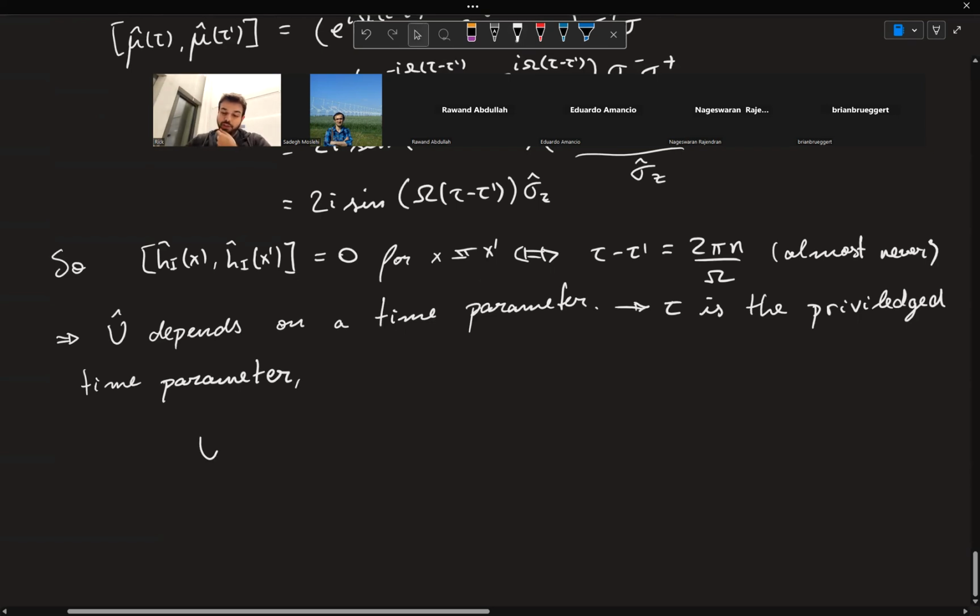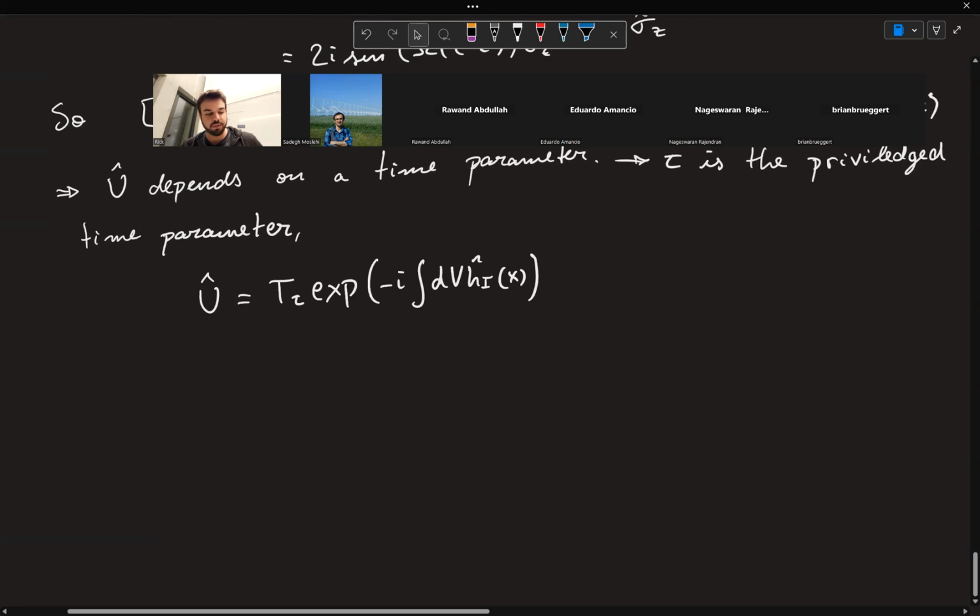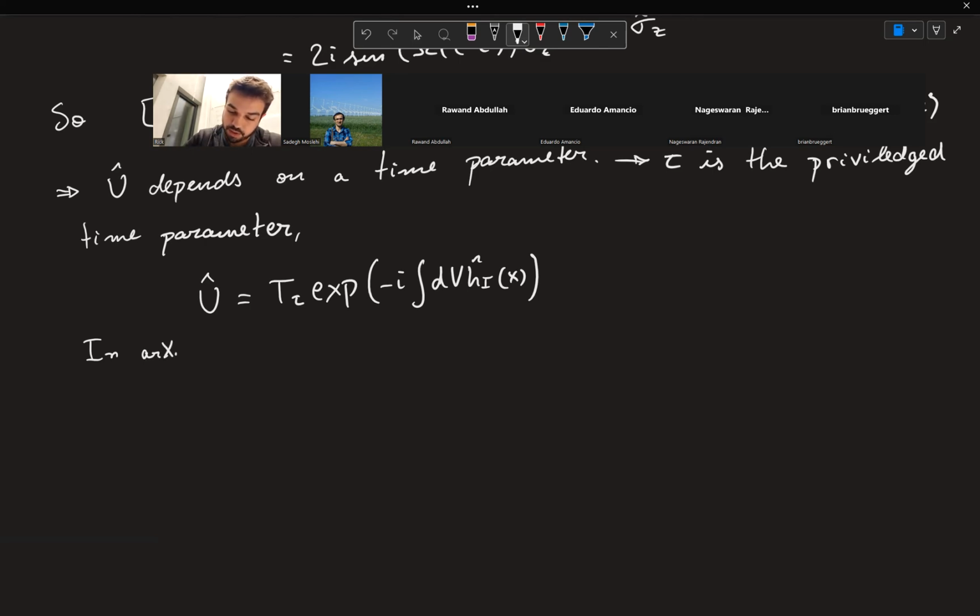So basically what we should write is that U is the time-ordered exponential with respect to the parameter tau of the integral dV of the H_I of x. This is well defined, but of course it's not covariant, because it depends on the specific choice of time parameter tau. But the good thing is that the consequences of this are not super bad. So basically, in this paper here,